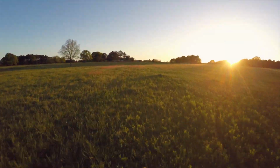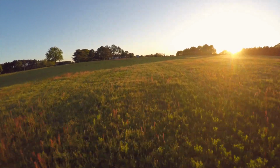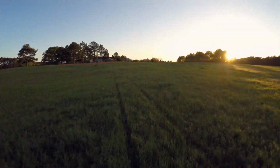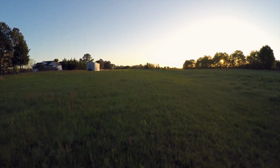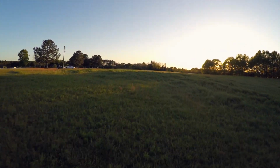It's like picture perfect. I don't know why more people don't do this. I know it's a little scary. I mean, I'm scared of heights. I can't even climb to the top of a 20-foot ladder without shaking so much that the ladder falls off the building. But it's different when you're flying, because you're actually sitting